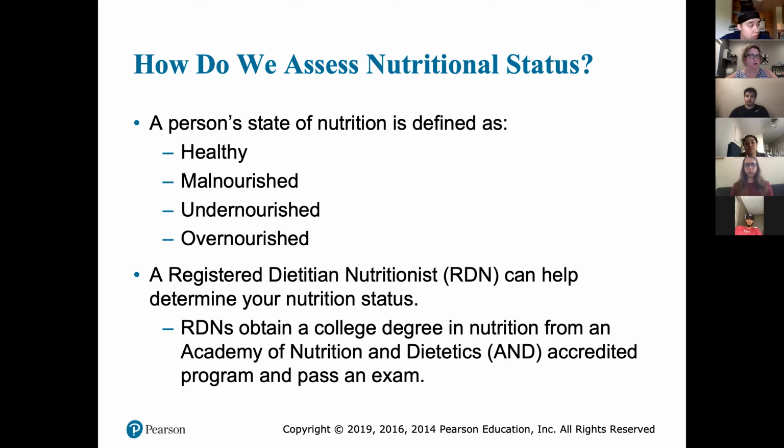The other thing I want everybody to know for the purposes of the exam is that registered dietitian nutritionists, or RDNs, which is what I happen to be, are the ones that spend years doing research on nutrition and learning more about nutrition. In order to be a dietitian, you actually have to have a degree. So if you want to call yourself a nutritionist in California, you cannot. You need to have a degree to do that.